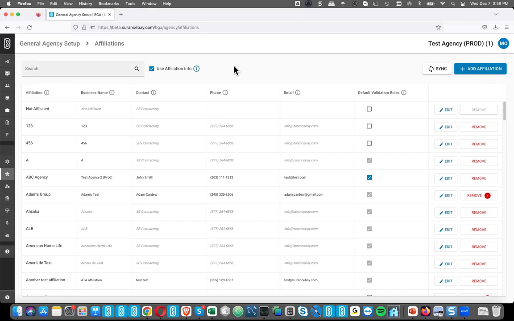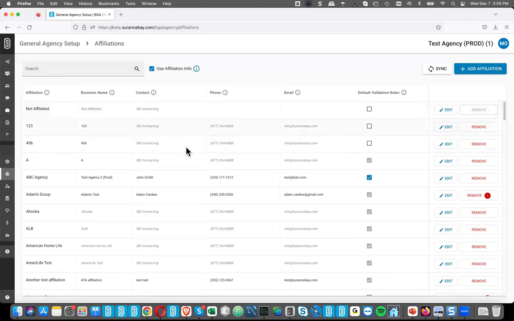What we've done in this web version is turn strict affiliations on for everyone by default. So any affiliations that you have assigned to your producers are now going to show up in this list. And you'll all have access to this affiliations feature. What that gives you is the ability to customize the contact information for each of those affiliations if you want.